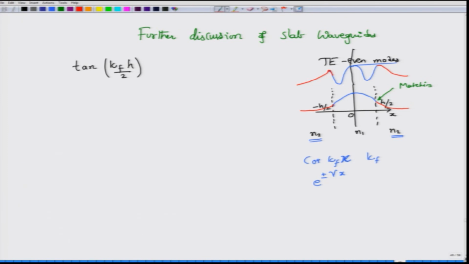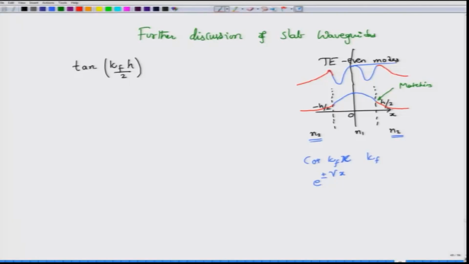Okay. So, in this way you can actually build up higher order modes. So, this could be called as TE0 mode, this could be called as TE2 mode. In that way you can actually keep building up your modes, right. So, this is something that we have seen in the previous class, but the physical picture you might not have seen. What would we call as the odd modes? The odd modes would essentially be like a sine kappa f x, right. So, they would actually go like this. So, you have the odd one, and then outside it would decay in the substrate as well as in the cover region. So, this would be the TE odd modes.